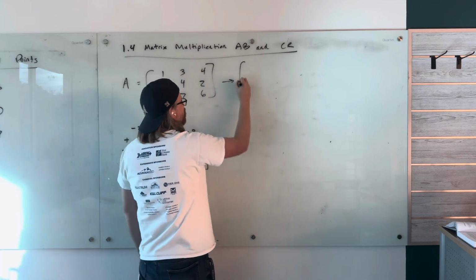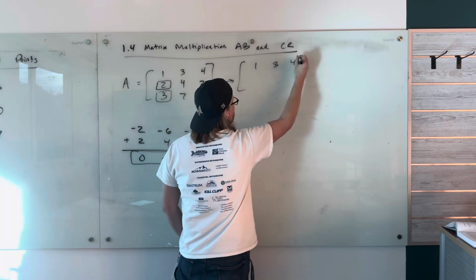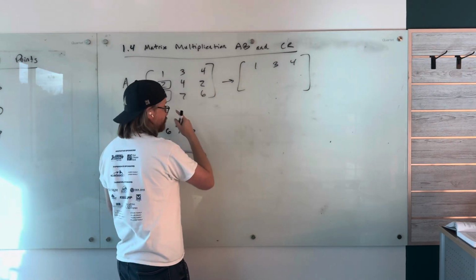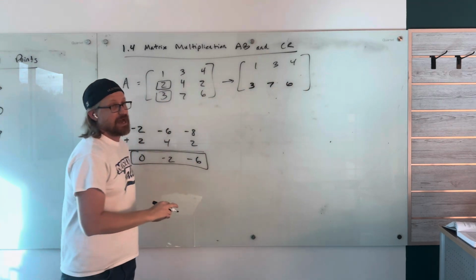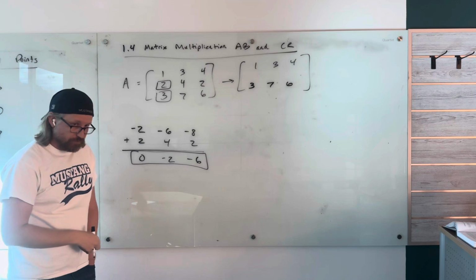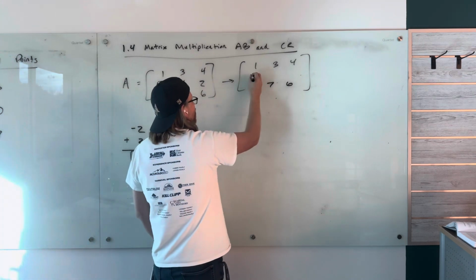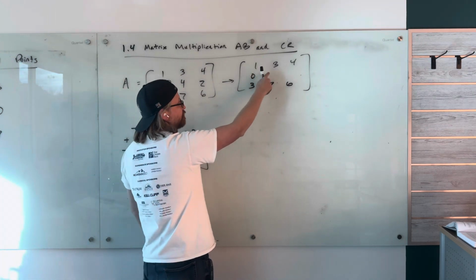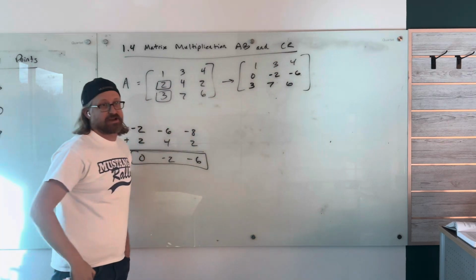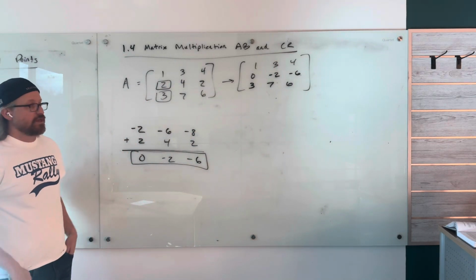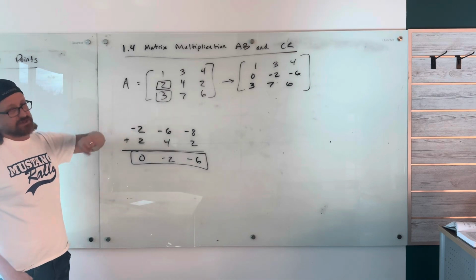But in terms of an intermediate step here, I have 1, 3, and 4. I'm not changing that top row. Currently, I'm not even changing the third row, so that would stay the same. I'm only changing that second row. When I eliminate that entry here to make it a 0, I'm left then with -2 and -6 that we found through the addition. If I want to eliminate this 3 and make it a 0 as well,